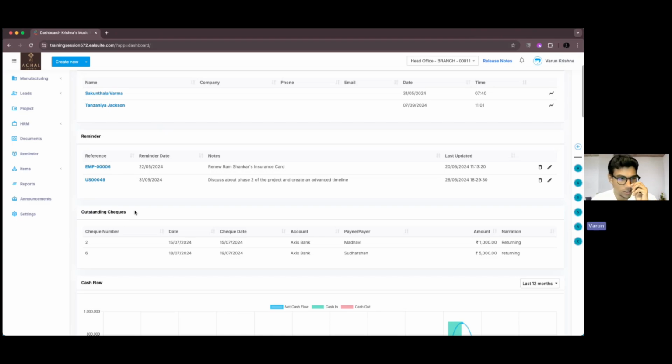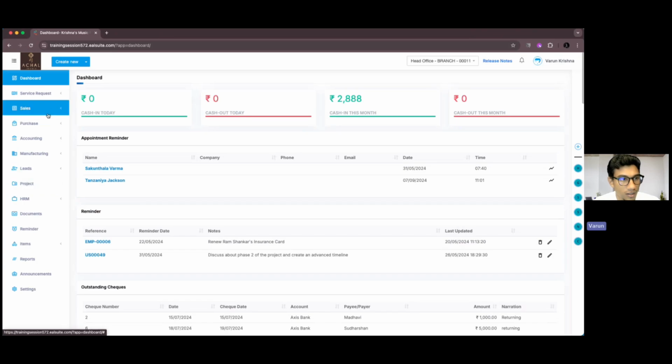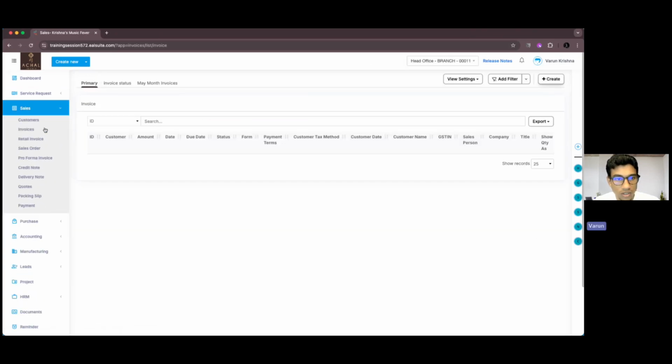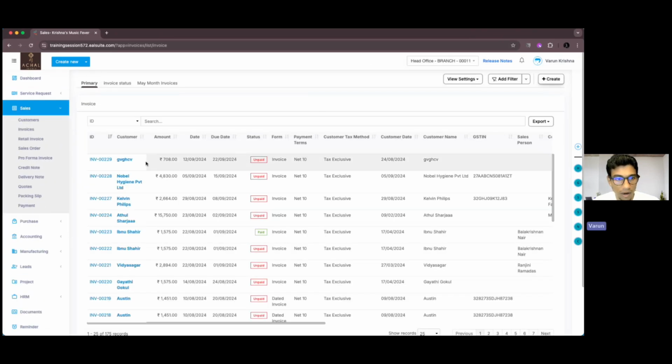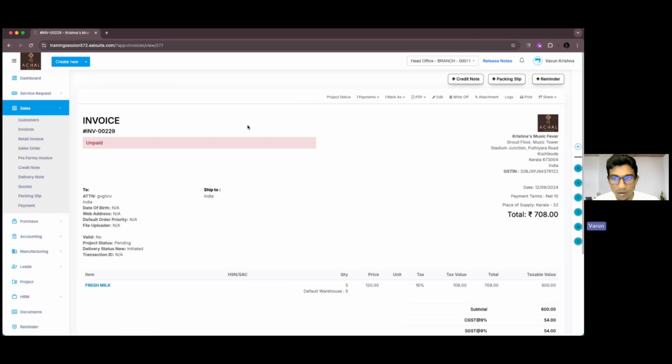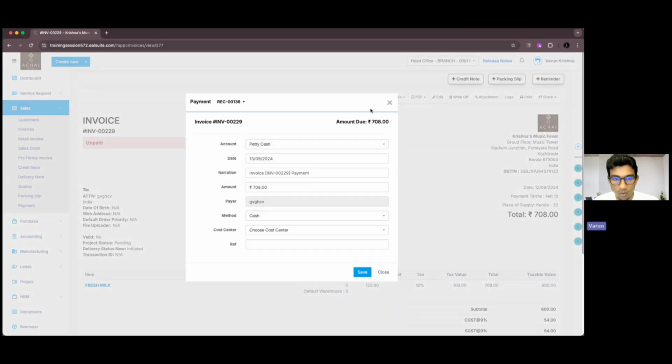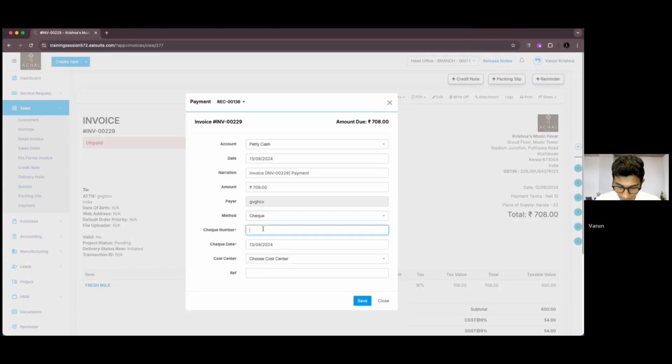Okay, let's work something out. We can go to an invoice, and this is an unpaid invoice. We'll go here, and we can directly add a payment. The method we're choosing is check. Check number is,